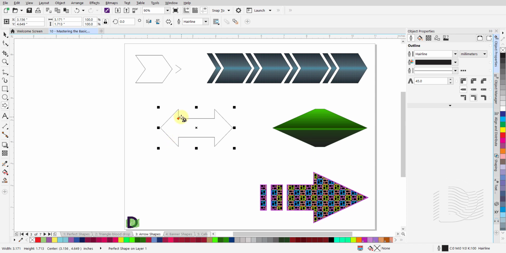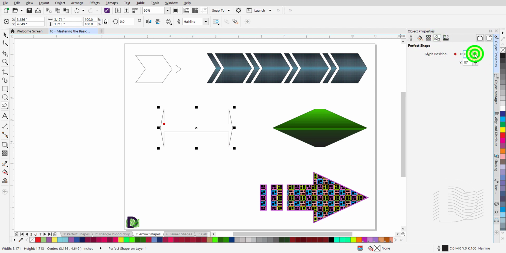Once again, you can click on the red glyph and move it around. Or, from the Object Properties docker, click on the Perfect Shape icon to select and open it. From here, you can move the sliders for the X and Y positions for the red glyph to create the desired shape for this arrow.